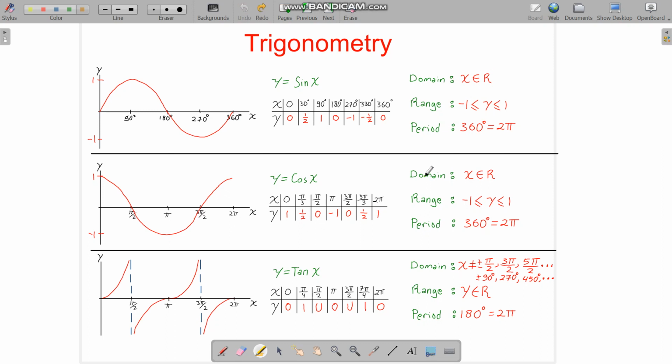The range means the y values. The y can only be from -1 to 1. The smallest is -1, the